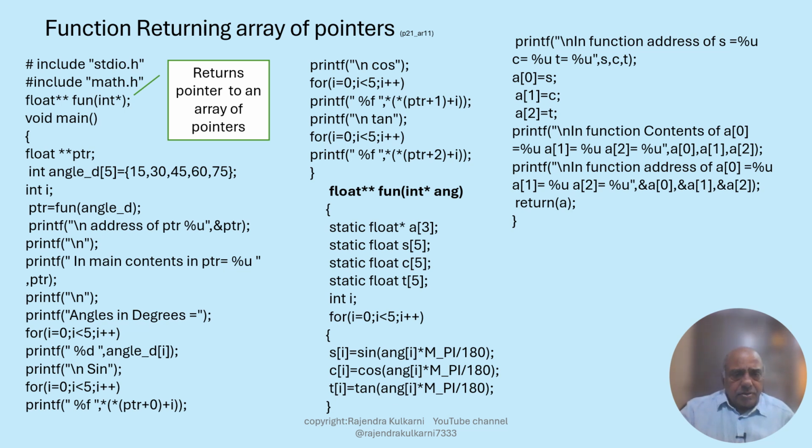Through this statement, what we are doing is we are taking out the values stored in the addresses stored in ptr, which is the 0th element of array A. So this statement, star ptr plus 0 or ptr plus 0, points to the 0th element of the array A, and star of ptr plus 0 will give us the content of the 0th element of the array A,